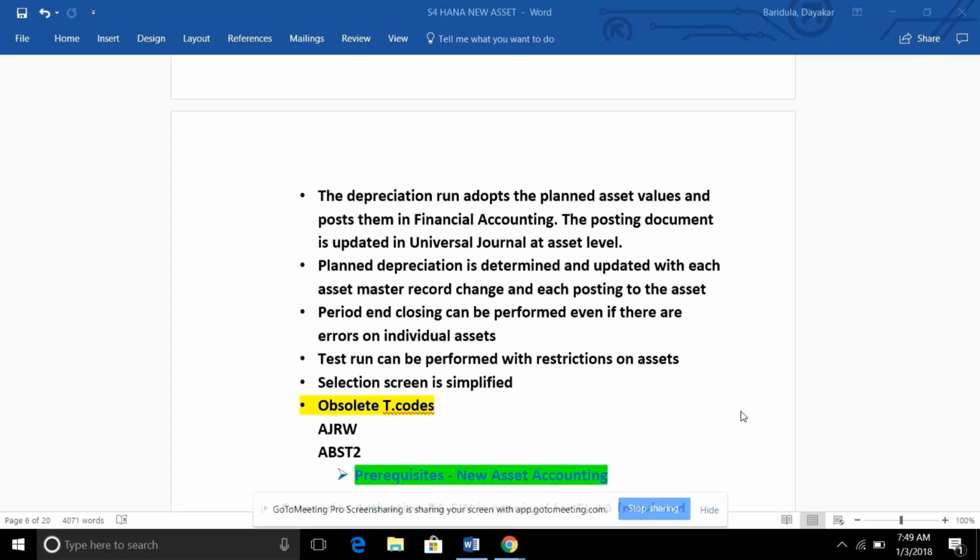If you want to post on the GL, on book one, it won't accept because the FI period might be closed. Like if you want to post in January, February 2018 for the end of December 2017, FI is already closed. Though you open asset accounting, it won't allow you. It will ask you to open your FI, if you are posting on book one. But if you want to adjust other books which are not posting to the GL, you could adjust if you have your asset accounting period open.